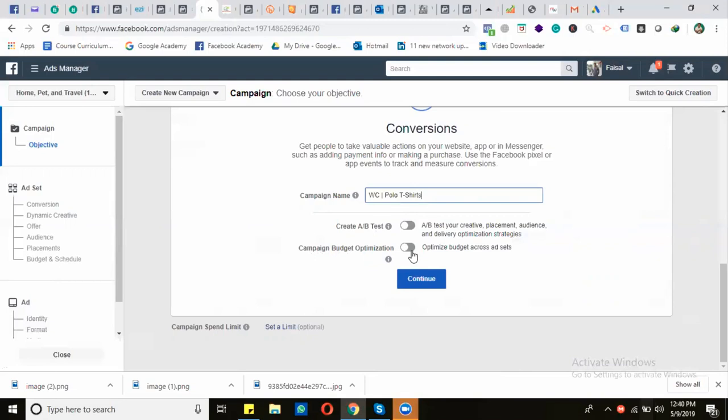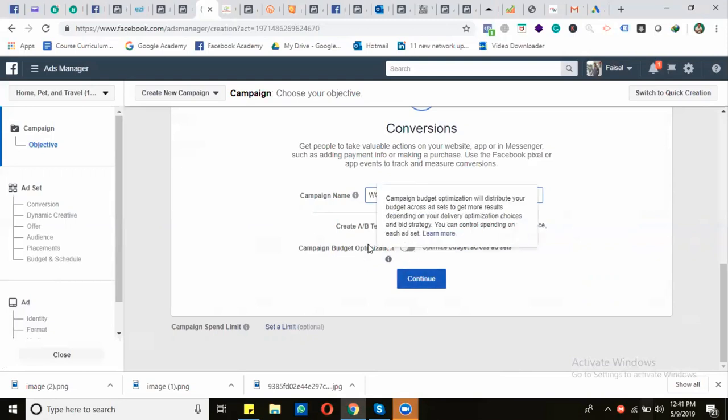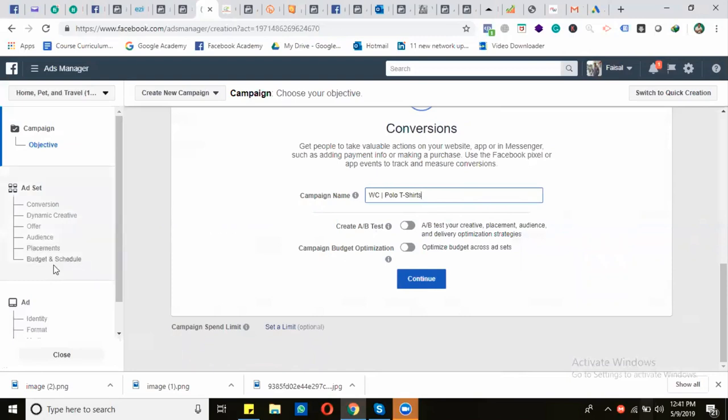Campaign budget optimization is the new thing that Facebook recently introduced. What it allows is, previously we needed to select the budget at the ad set level, and when we create multiple ad sets, we need to put a separate budget for each ad set. Just for example, if we are running the ad for one ad set at $5, and we create five ad sets, we need to put a separate $5 for each ad set, and total $25.